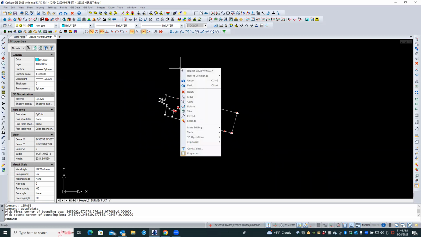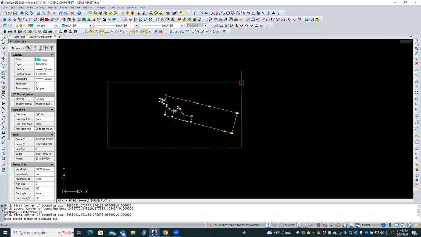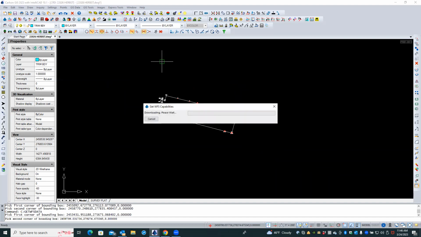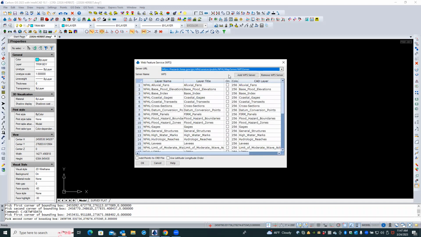Let's try that one more time. I want to make sure I'm getting some part of that main road out here. I remember from the photograph. Let's see, even at that, it still may not find anything. All right, so that's the transportation server. I don't see anything there. All right, so there's our national floodplain. These are all of the data sets that are available. Now, you could do things like,